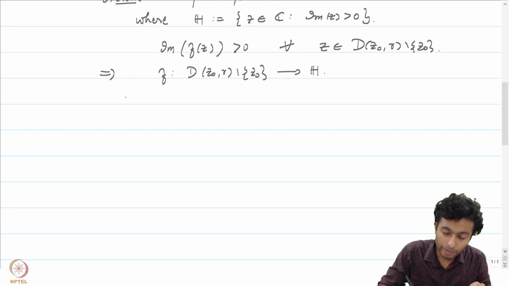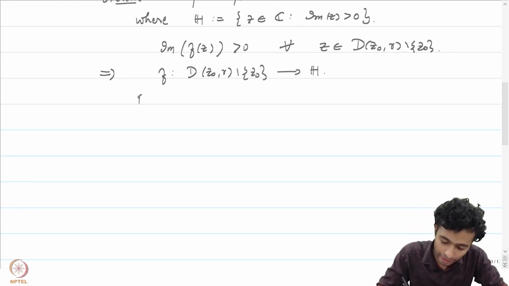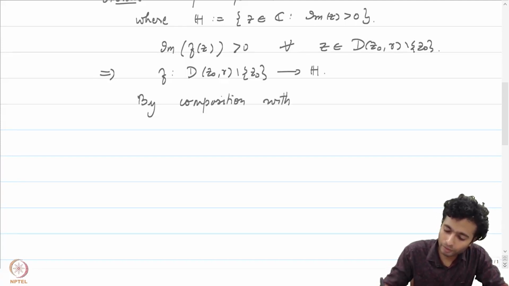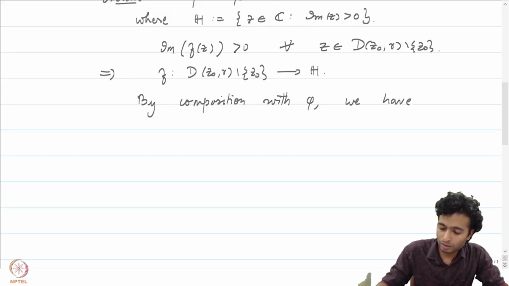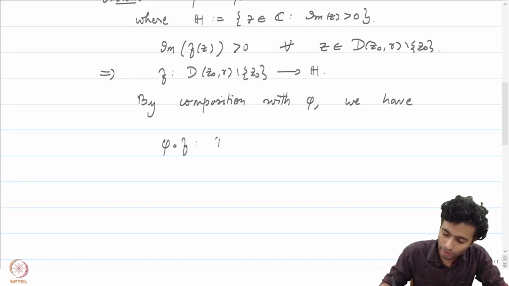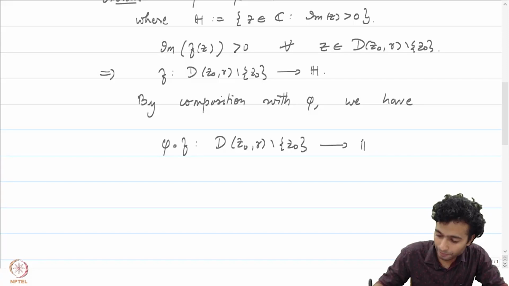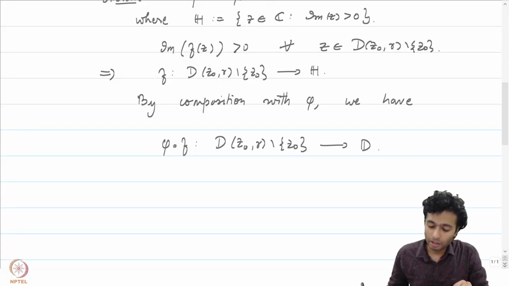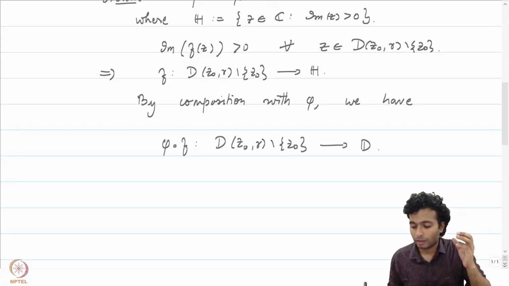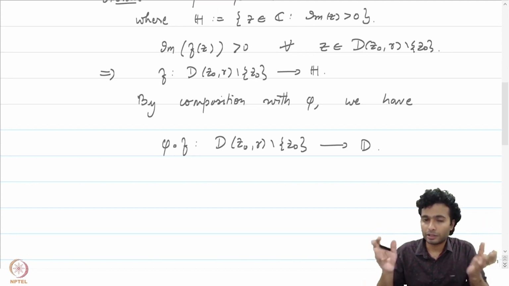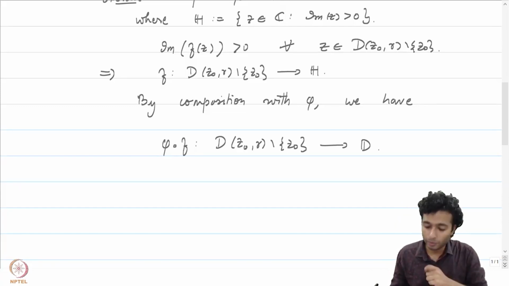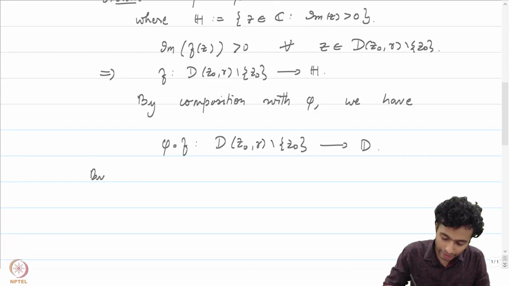And hence by composition with phi, we have phi composed with f is now a map from D(z0, R) minus z0 into the unit disk. Now, how is the situation to apply the Riemann removable singularity theorem? The reason being that the disk is the set of all z such that mod z is less than 1. So in particular, phi composed with f has an isolated singularity and it is bounded in a neighborhood of z0. By Riemann removable singularity theorem,